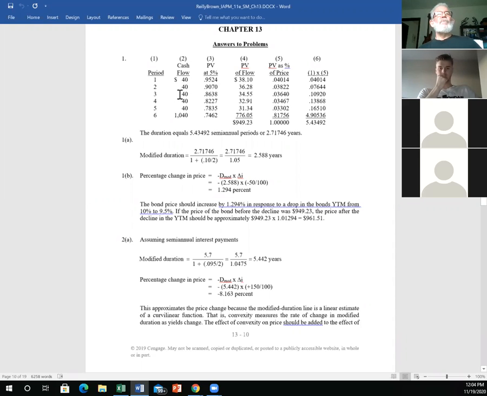Because what they're doing up here doesn't actually match up to the formula that's in the book. What I figured out is that they're just doing stuff out of sequence, so it doesn't really matter. So they're taking the cash flow, finding the present value of it, and then dividing it by the price, and then multiplying it by its place in line. Technically, I think that's incorrect, because if you look at the formula,